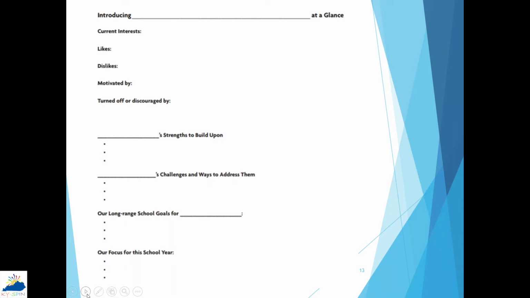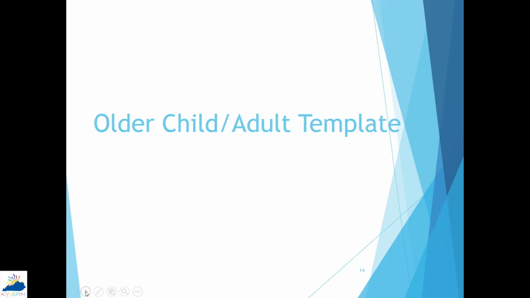And this could even be like a homework assignment. If you're an educator, it could be a homework assignment for your students to send home with them that their parents can fill out and create, and then it could be something you could create for them with the information that they provide. There are so many ways that this can be used in school and while they're there, that you as an educator can do and provide for them, or even a professional who works with adults. It's something that you could help create for them. So I'll break for just a minute before we look at the older child adult template and see if we have any questions.